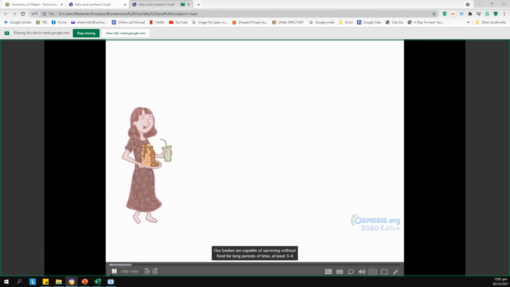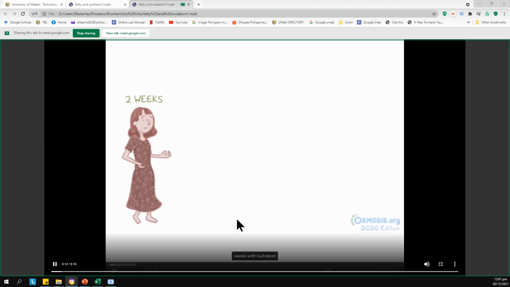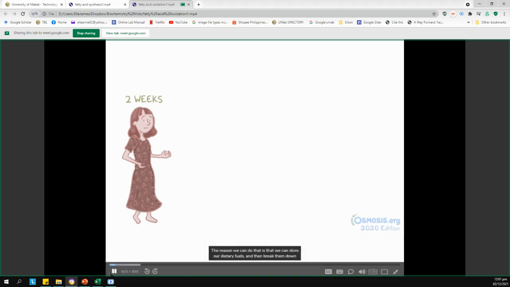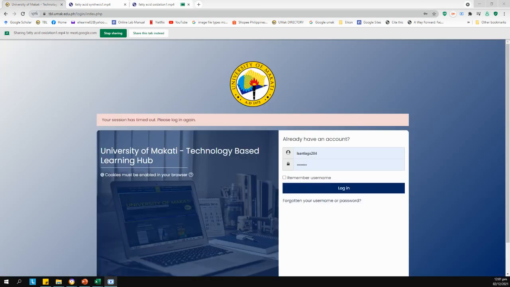Our bodies are capable of surviving without food for long periods of time, up to 2 weeks. Okay, this is for beta oxidation. The reason we can do this is that we can store our dietary fuels and then break them down when we need them to make energy in the